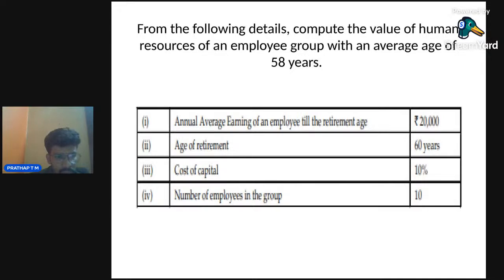Instead, if you multiply here, let's look at the 10th year annuity factor. What is that? 6.14. If you multiply 60,000 by 6.14, you'll get